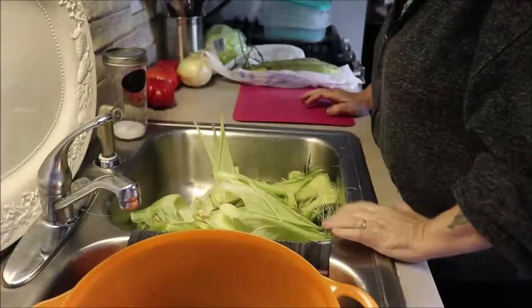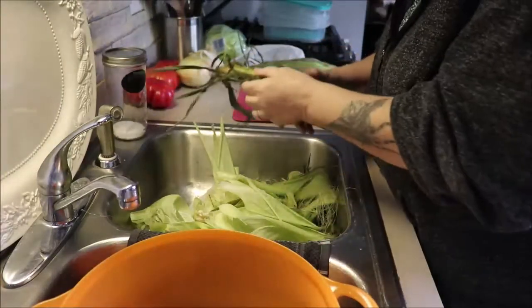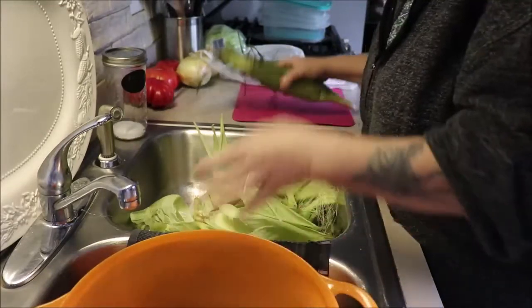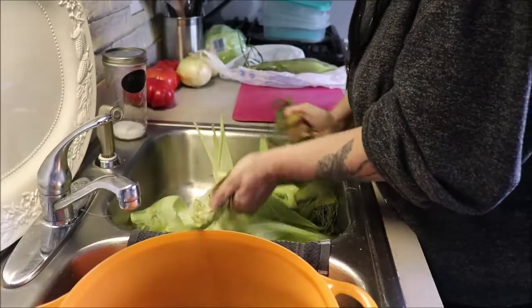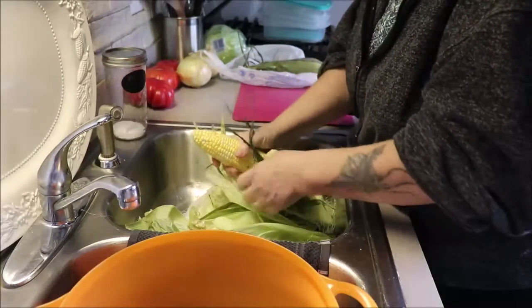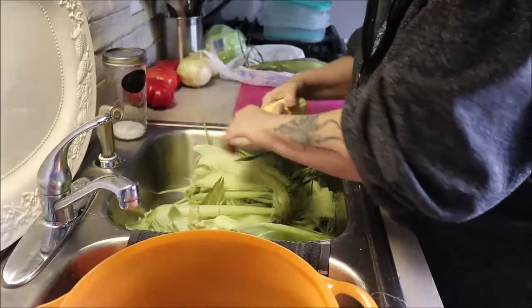Hi everyone. So I thought we could chit-chat while I prep for dinner. So I'm just prepping. We're having corn on the cob, and that's what I'm peeling right now. And we're going to have a healthy hamburger. So it's going to be a hamburger without a bun, more or less, but it's going to have all the toppings on it. And then I got some of these beautiful